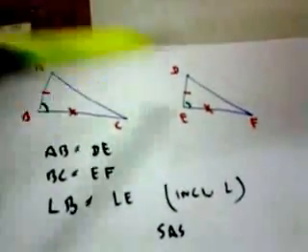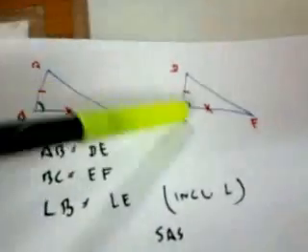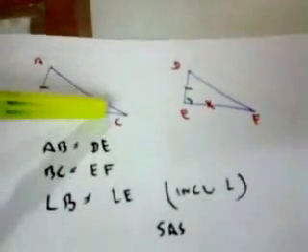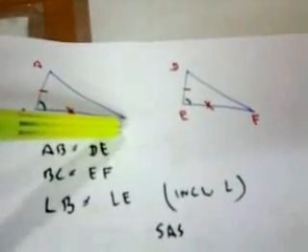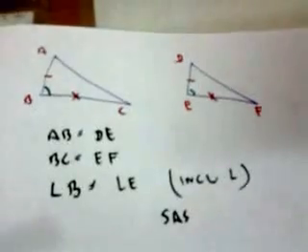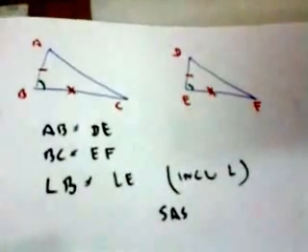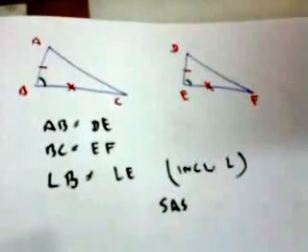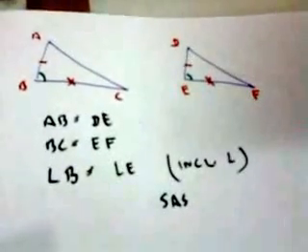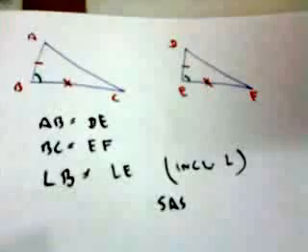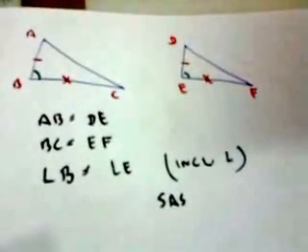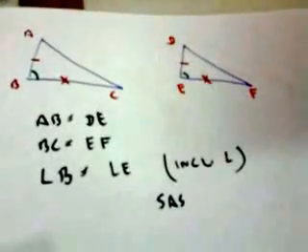Suppose we are given AB equal to DE, BC equal to EF and angle C equal to angle F. Since angle C is not included in AB and BC and angle F is not included in DE and EF, then the triangles will not be congruent by side angle side. Remember, in angle-angle-side congruence, it has to be any two corresponding angles and any one corresponding side. But in side angle side congruence, the included angle has to be equal.